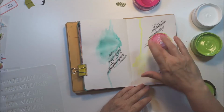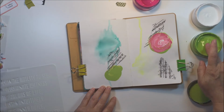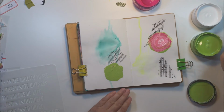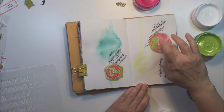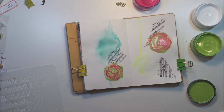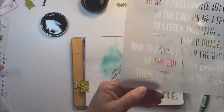So at first I thought I might like to do some flowers on here, and then as I began to work away at it, I thought, I don't really care if they look like flowers. I'm okay with just creating some color. And so I spread those paints on here, just layering them up with a bunch of different colors. I've got the green and the white and the bubble gum pink there, and I just think they're really pretty,